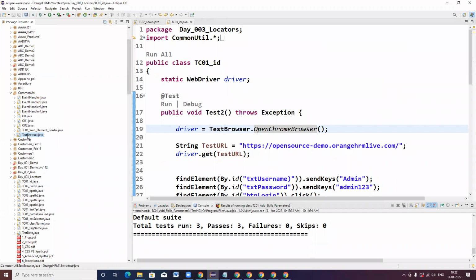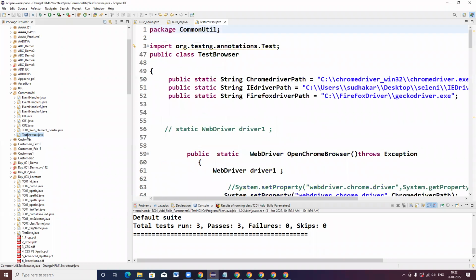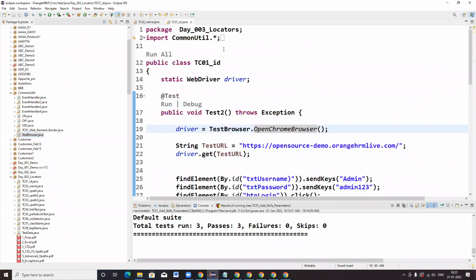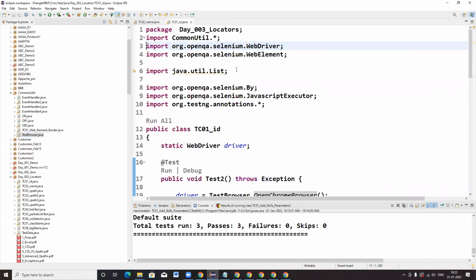If I want to access that class, I need to write the first line I have written: import CommonUtil.TestBrowser. That means package name CommonUtil, dot, class name TestBrowser.